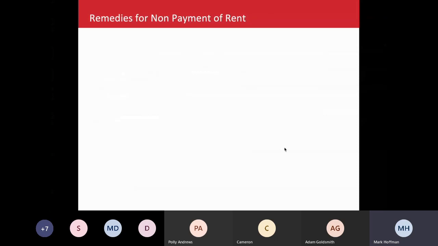One of the most important things, especially at the moment, is how you deal with the remedies for non-payment of rent. So I'd like to ask a question, and if you know the answer, turn your microphones on, or you can write it in the chat box. Here's the question. You are the property manager of a property. It doesn't really matter what it is. And